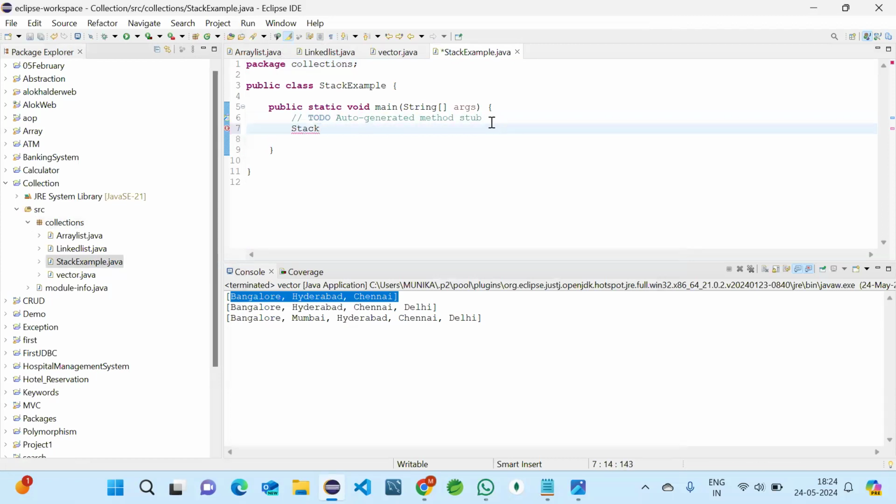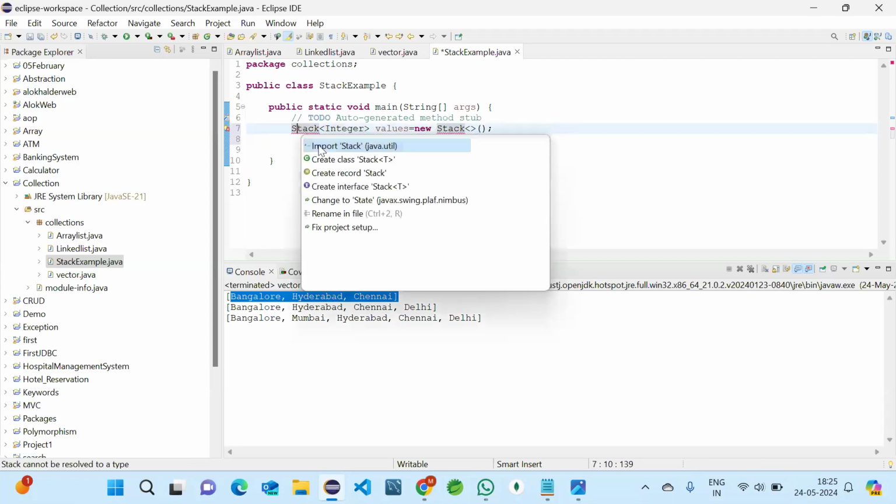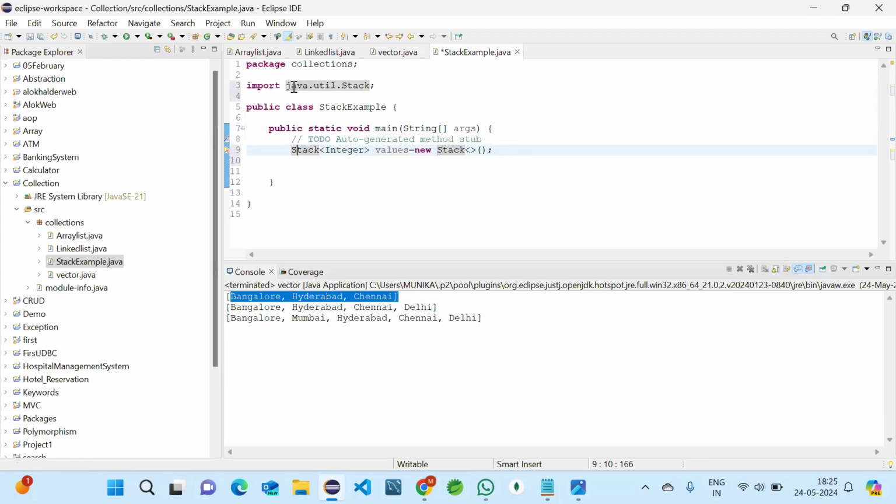We should start with the Stack keyword, and first I will use integers only, that will be easy for us to understand. So Integer is the value type I'm taking, and now we should use new Stack. There is an error because we haven't imported, so import Stack. You can see java.util.Stack. So Stack is inside the Java util package.